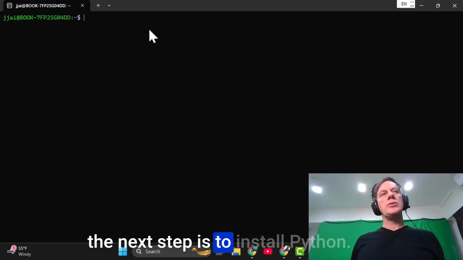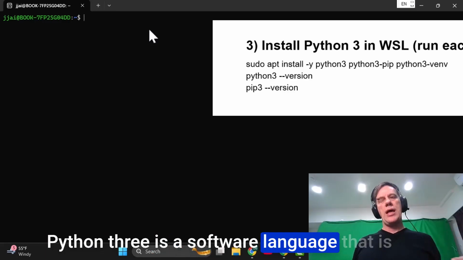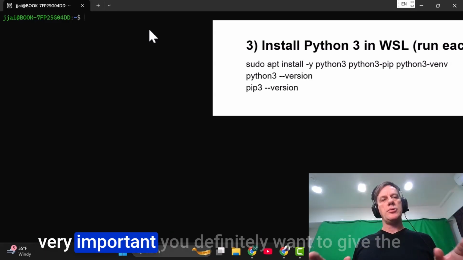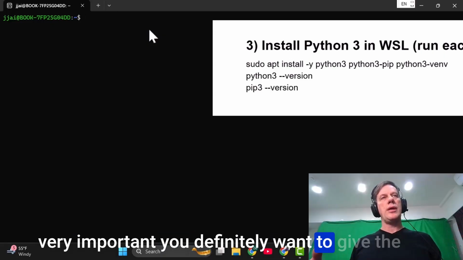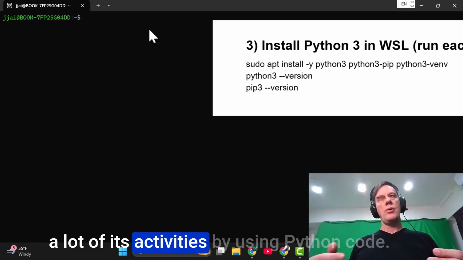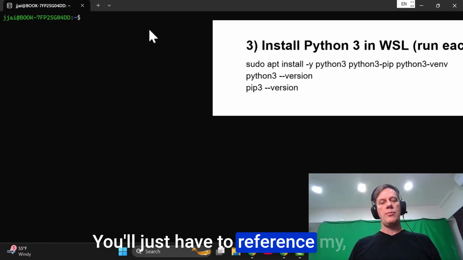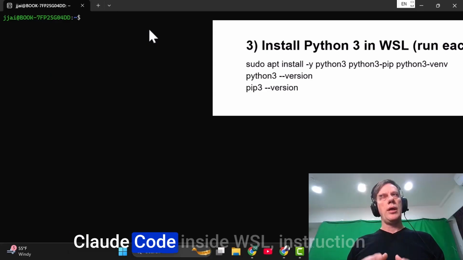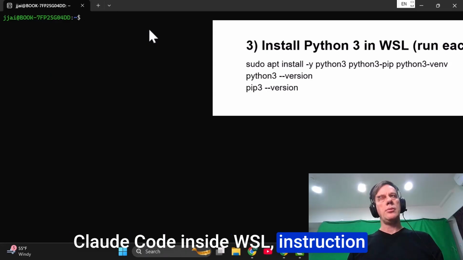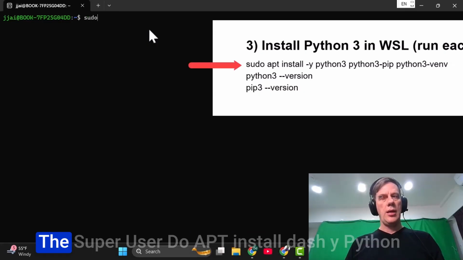The next step is to install Python. Python 3 is a software language that is very important. You definitely want to give the AI access to Python because it can conduct a lot of its activities by using Python code. You'll just have to reference my Claude Code inside WSL instruction document